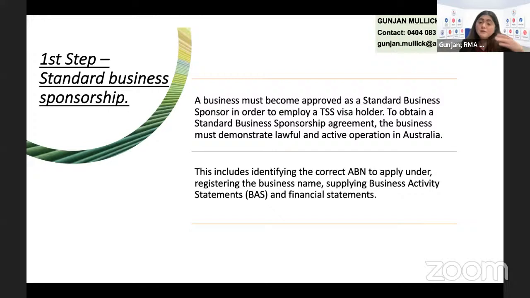Now, when you're applying for the sponsorship approval, some clients have come to me and said that their company has already been approved as a sponsor, so can they apply for a nomination now? What I need to look at is, when the company has been approved as a sponsor, has the sponsorship expired? Does it need to be renewed? Because the sponsorship is valid for 5 years. And sometimes the company's sponsorship has expired and they have not renewed it, so they may have to apply for a new sponsorship.